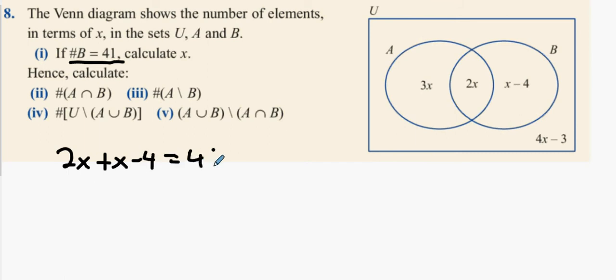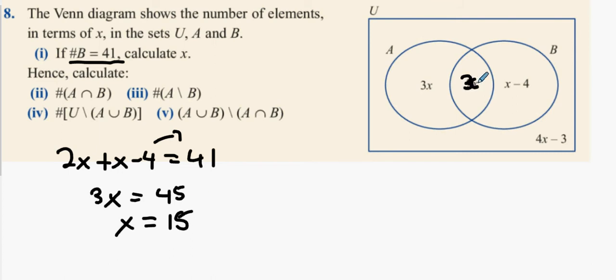Now what? 3x equals 45, x equals, anybody? 15. So what's this now? 2x, 15 take away 4, 3 times 15, 4 times 15, take away 3. There you go. A intersection B,